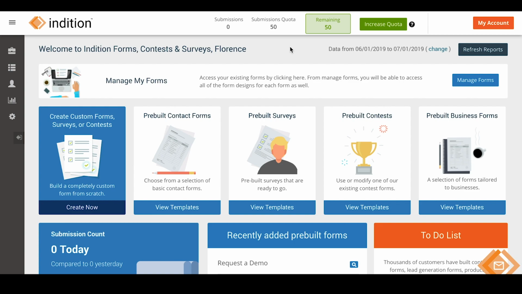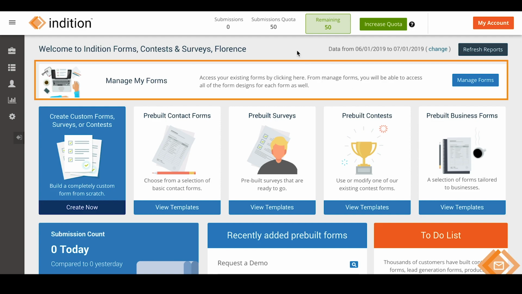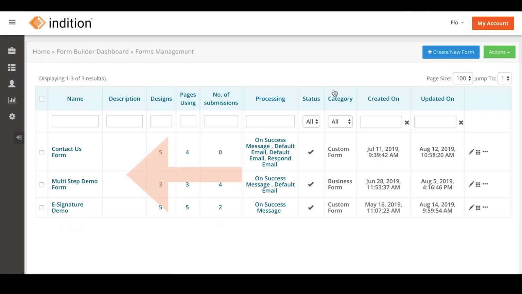Hey everyone, in this video I'm going to show you how to duplicate a form and then how to duplicate a forms design. First we're on the Forms dashboard page and then we can click anywhere in the Manage Forms section. Clicking that will take us to the Forms Management page where we will see all the forms we have